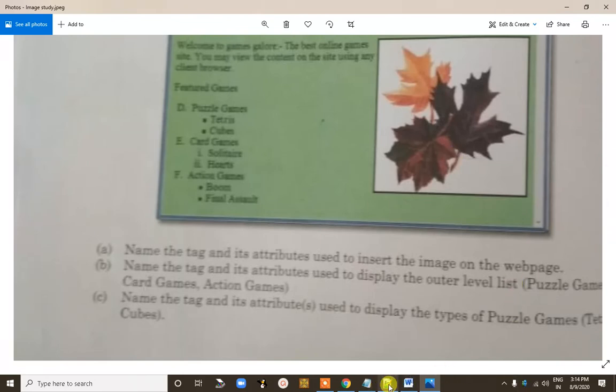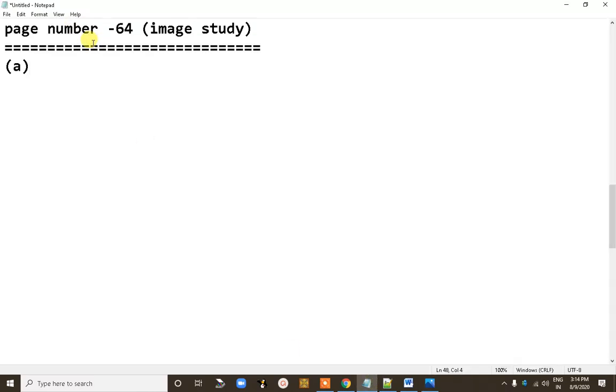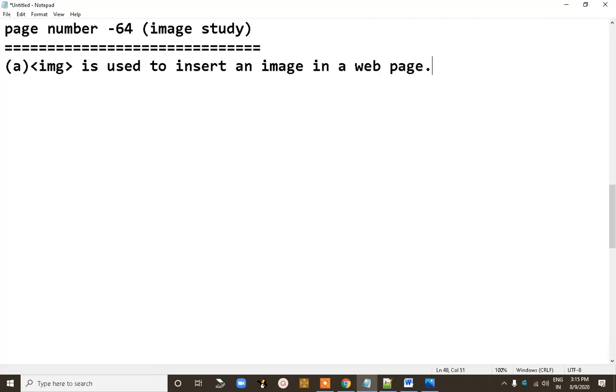So the tag used to insert the image in a web page is the img tag. The img tag is used to insert an image in a web page.